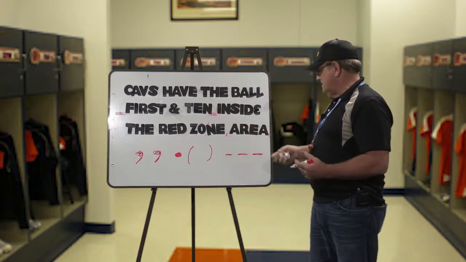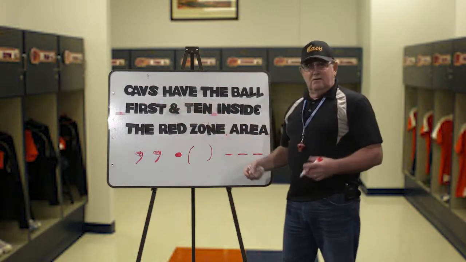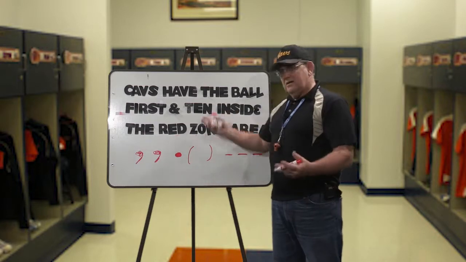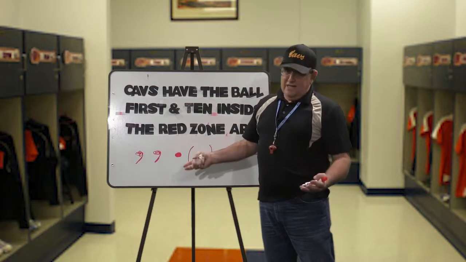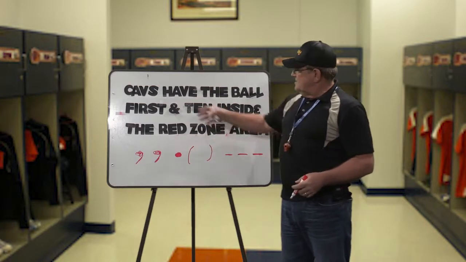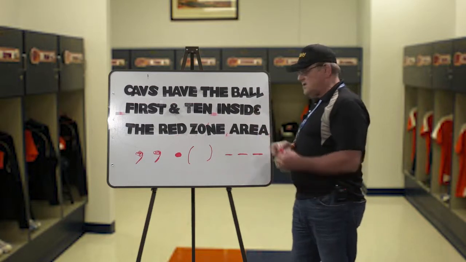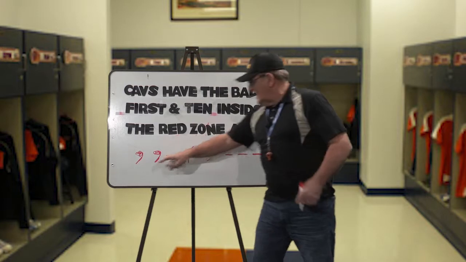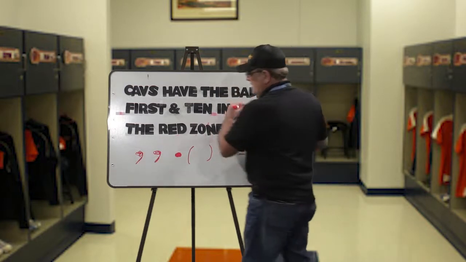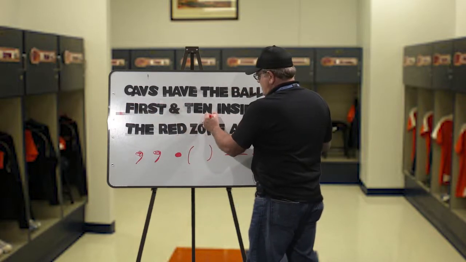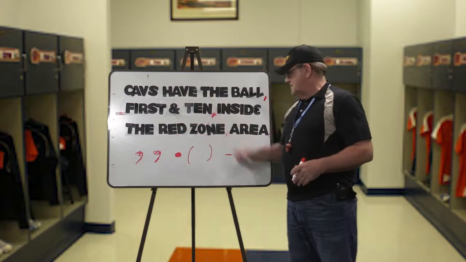Cavs have the ball, 1st and 10, inside the red zone area. Now you take a look at this and we got this clause in the middle, 1st and 10. Well, it's part of the sentence, but it's what we call non-essential. I could drop that clause out altogether and it wouldn't change the meaning of the sentence at all. Cavs have the ball inside the red zone area. To indicate it's non-essential, I can do it a couple different ways. I can use my commas as a pair, left and right comma. Introduce a comma here to introduce this clause, put a comma here. So I got an open and closed comma. Tells the reader this is non-essential.